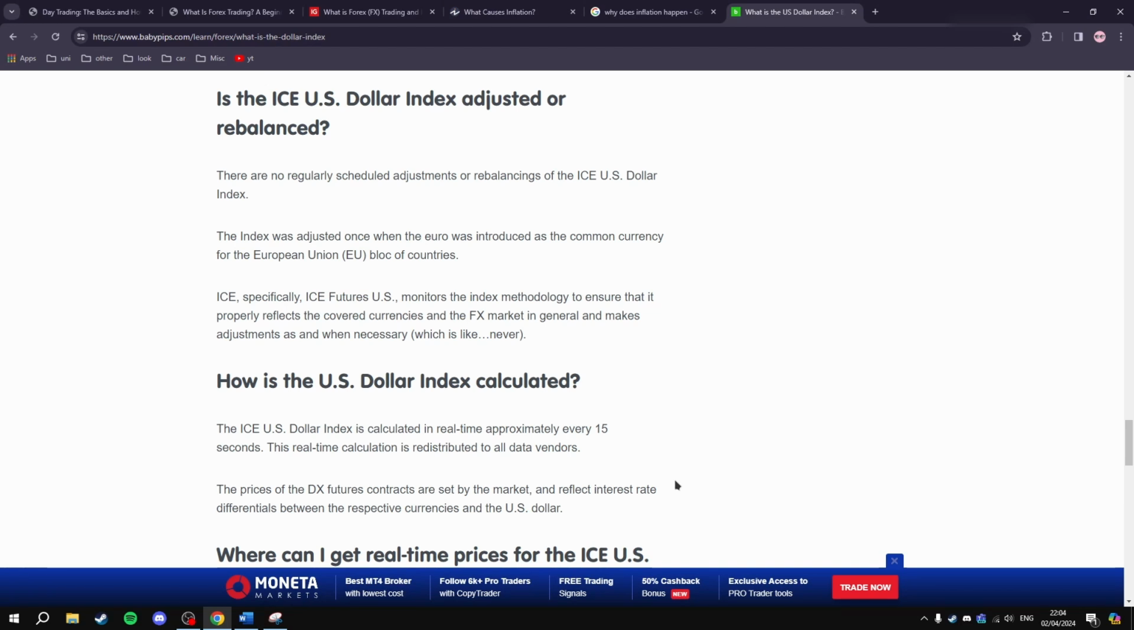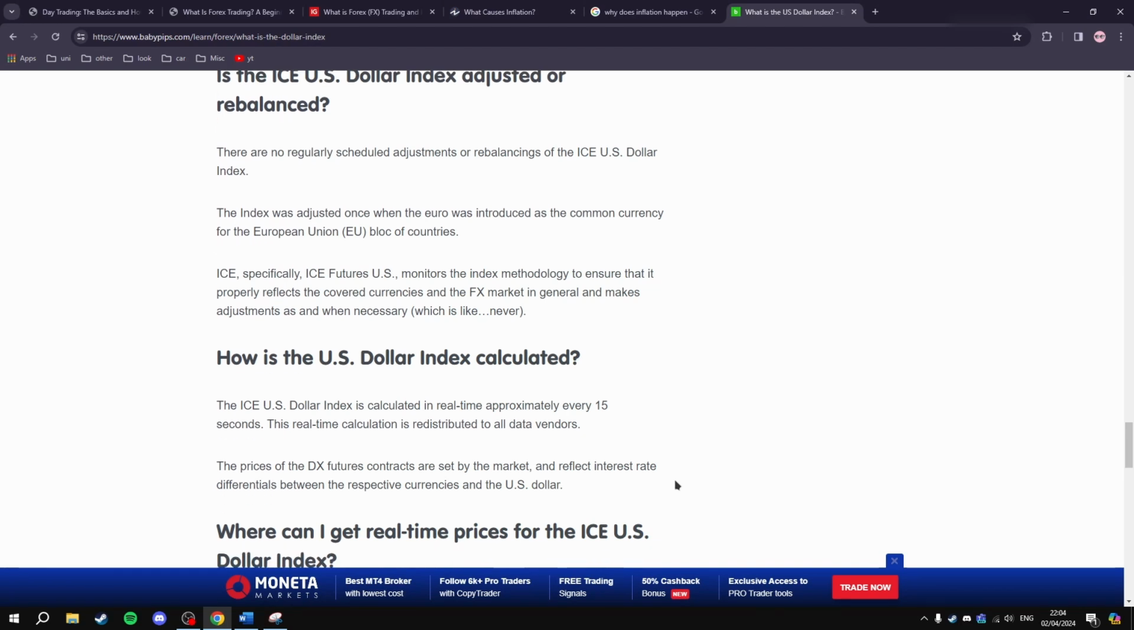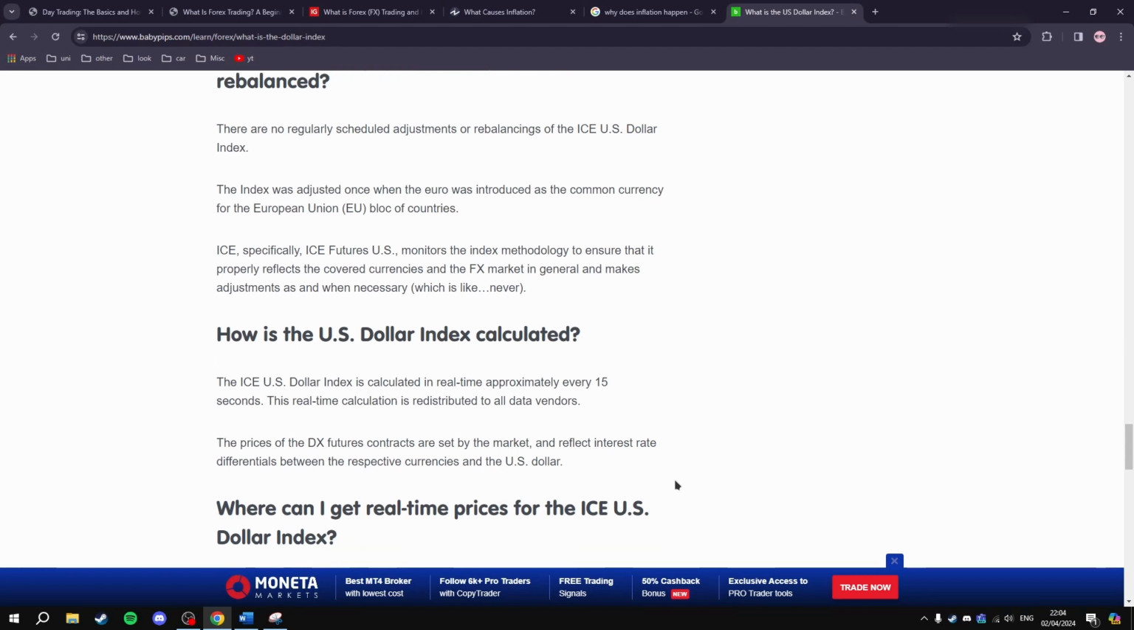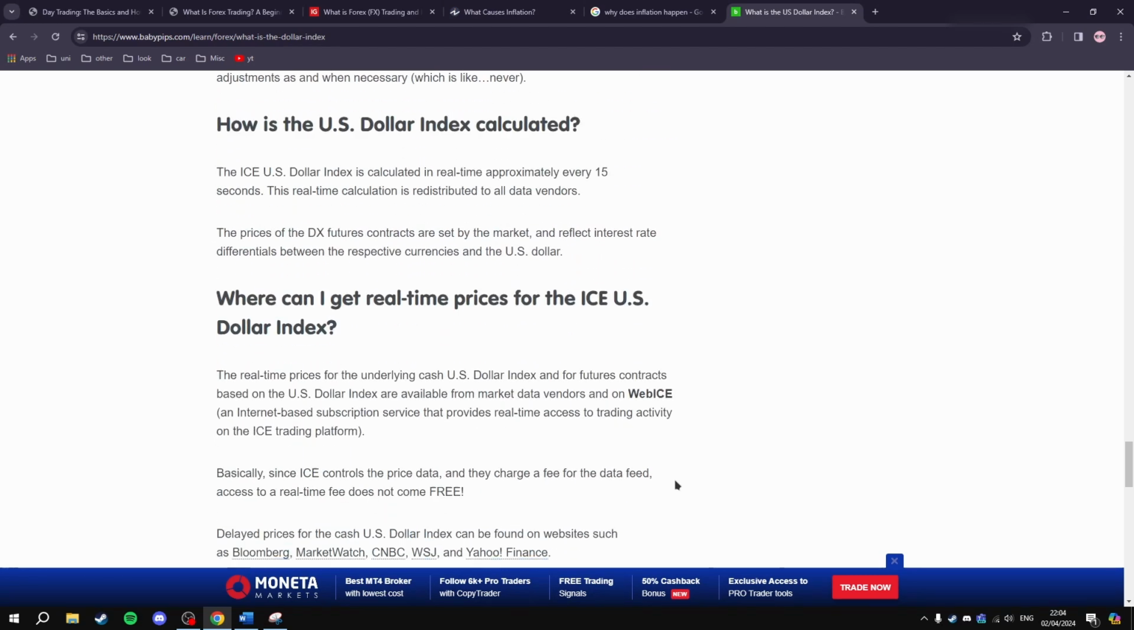How is a US dollar index calculated? What even is a rebalancing of the index? The ICE US dollar index is calculated in real time approximately every 15 seconds. This real-time calculation is redistributed to all data vendors. The prices of the DX futures contracts are set by the market and reflect interest rate differentials between the respective currencies and the US dollar. Right, okay, so